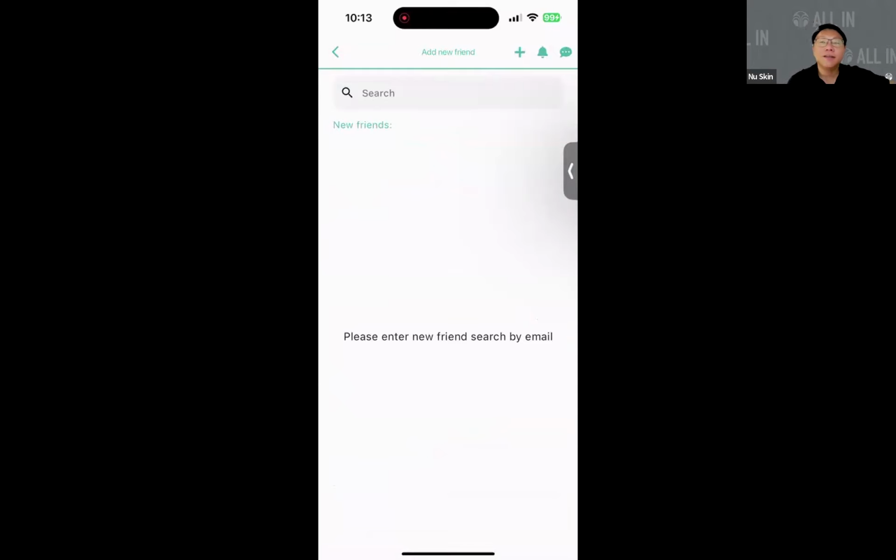So for consultants, make sure after your customers have downloaded the app, add them as a friend immediately, okay? All they need to do is enter their email address, search for your name, then they will be able to add their friend. So whichever one party does it, both of you will become friends, okay?